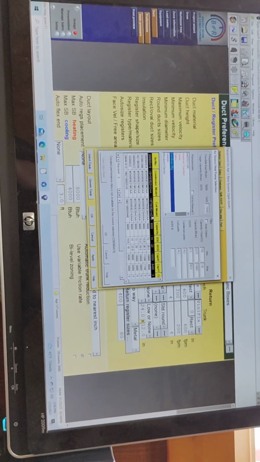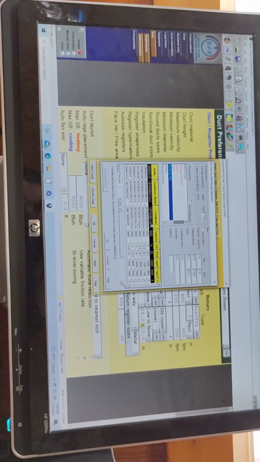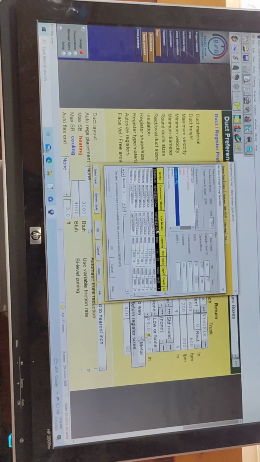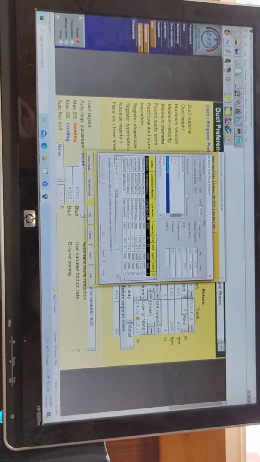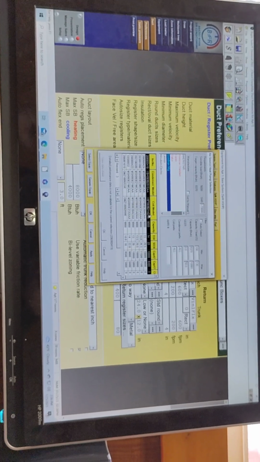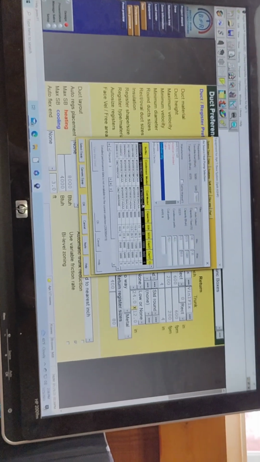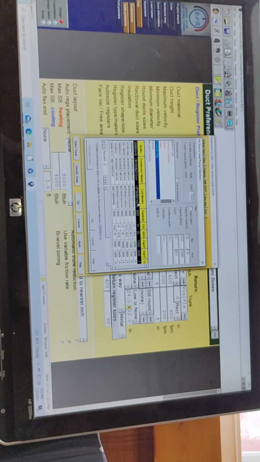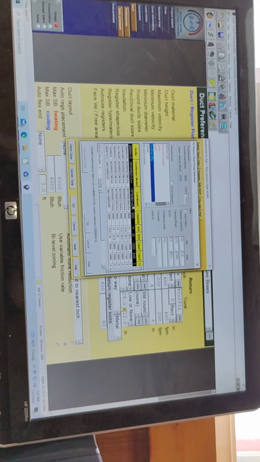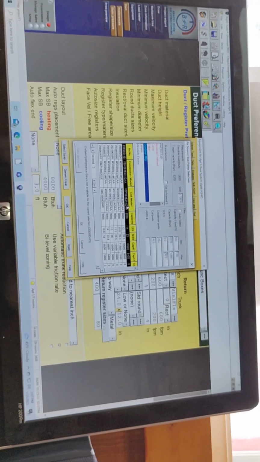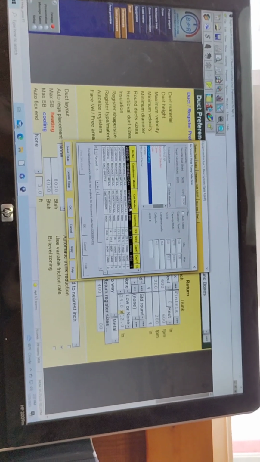Along with the short cycling comes humidity problems, because if your unit is turning on and off and not running long enough to remove humidity from your air, it leaves it inside the house, and in a tight home, especially spray foam homes, that humidity cannot leave. So you end up with high humidity inside, causing issues with building materials such as doors, windows, cabinets, that type of stuff. Or it works its way down your walls and into your cavities and creates